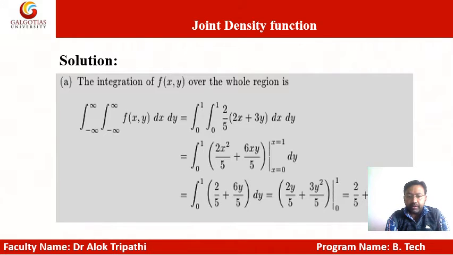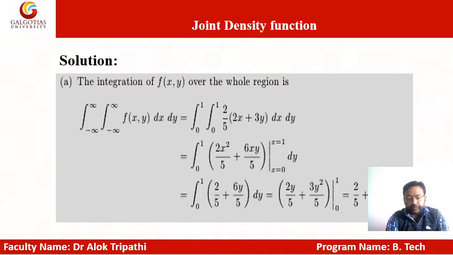First, we shall verify whether the given function is a valid probability density function or not. So, how can we do it? I've already told you: if we integrate f(x, y), which is the joint probability density function, over the whole range, then it will give you the value 1. So it is the integration from minus infinity to infinity, with this being the range for y and this the range for x, and we are integrating f(x, y) first with respect to x, then with respect to y.